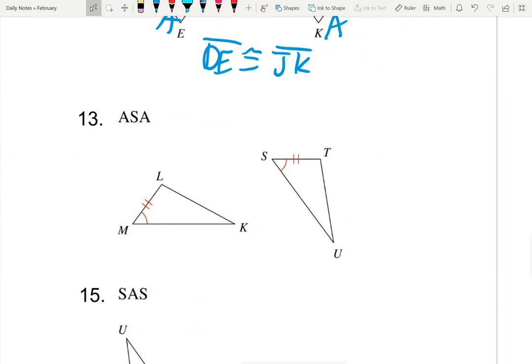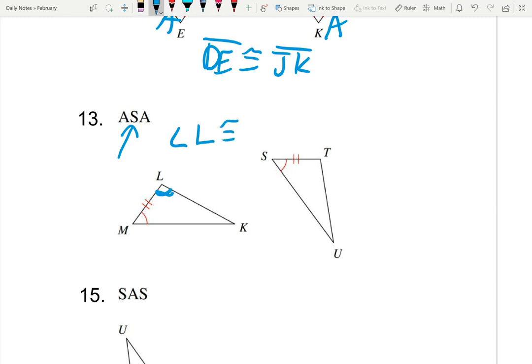Number 13, angle, side, angle. So again, notice the side has to be sitting between the angles. So we have one pair of angles. We have one pair of sides. So now we need the third angle, and the third angle has to make sure that the side is in between. So it can't be this angle because the side over here is not in between those two. It's going to have to be angle L because then the side is between those two angles, and you have angle, side, angle. So it's going to have to be angle L